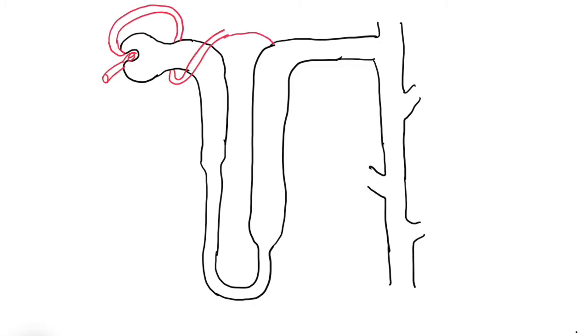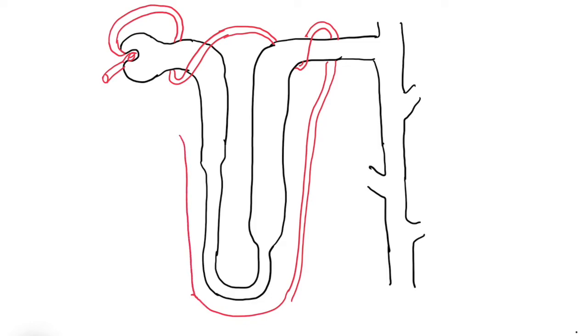Let us now see the changes in the osmolarity of the filtrate in the nephron. Osmolarity is the measure of solute concentration which is represented in terms of osmoles per liter. So here I have again drawn the nephron with the surrounding blood capillaries, that is the peritubular capillaries and the vasa recta. Now we know that the loop of Henle and the vasa recta lie in the medulla, and the Malpighian corpuscle, the PCT and DCT lie in the cortex.